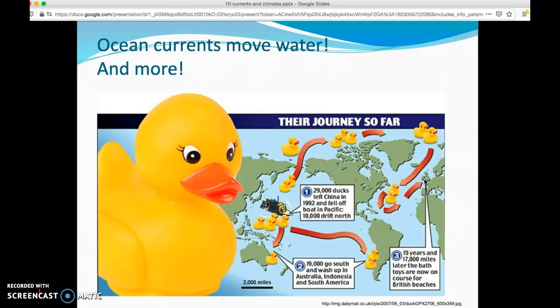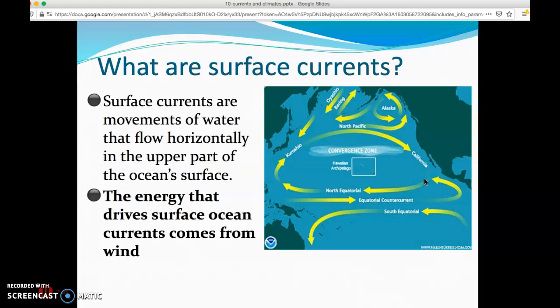So an accidental release of all these rubber duckies actually gave us a better look into how the oceans actually move. So what are surface currents? These are the movement of water, and they flow horizontally in the upper parts of the ocean's surface. Remember, we talked about the surface zone, the thermocline zone, and the deep zone of the ocean. So in the surface zone, the currents are moving horizontally. So if you think like horizon, right, left to right,